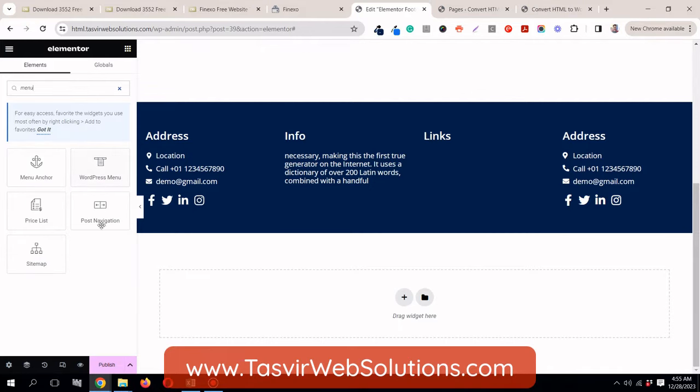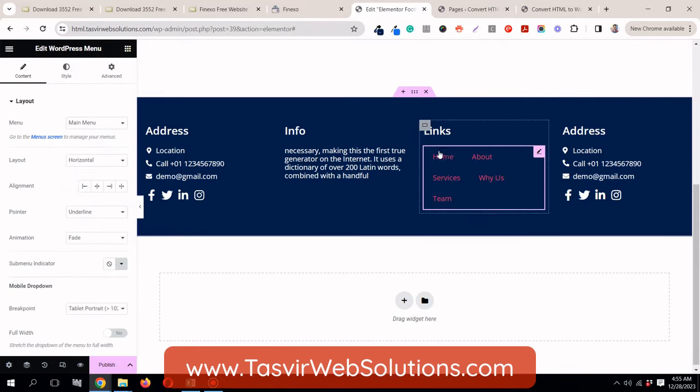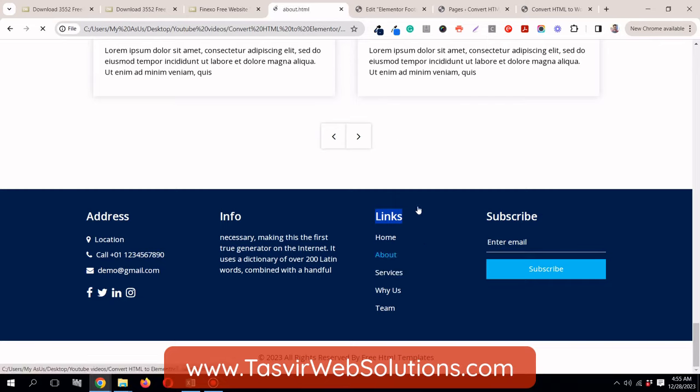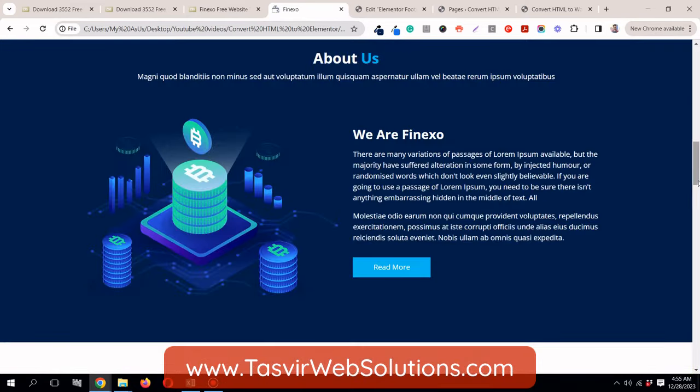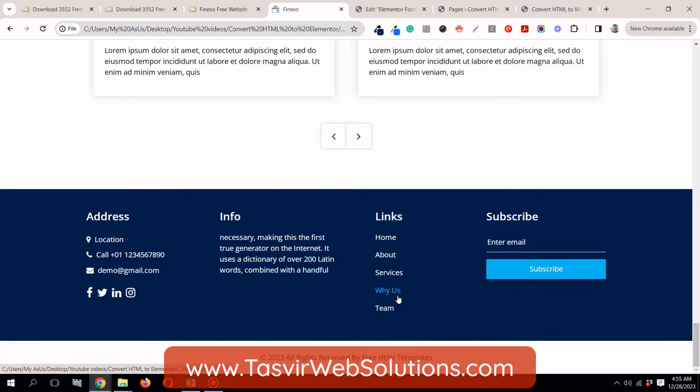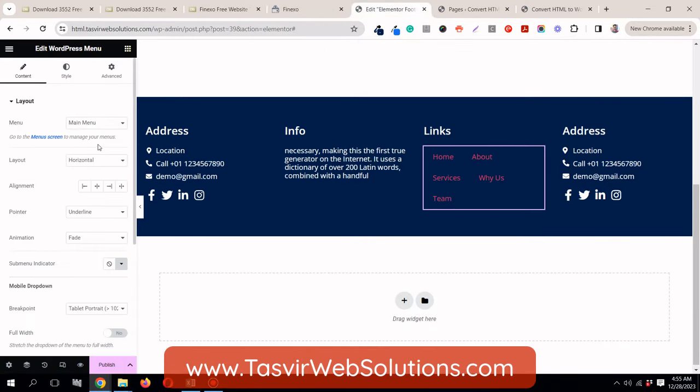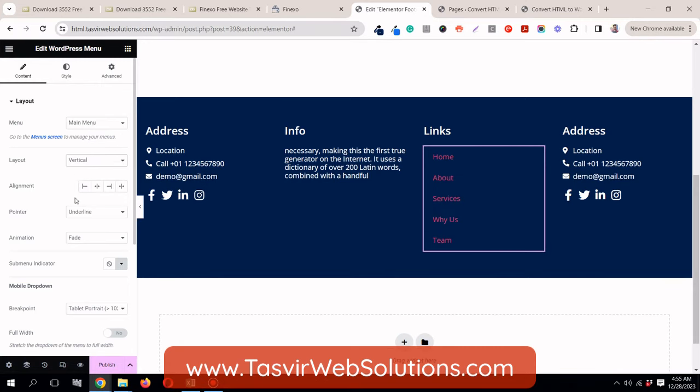And let's add the menu item over here, WordPress menu. Okay, but you see that this is not the right way. This should be in vertical like this. Okay, so but it's easy to do that. Okay, oops, okay, vertical, let's make it vertical. Come over here, layout, change to vertical,